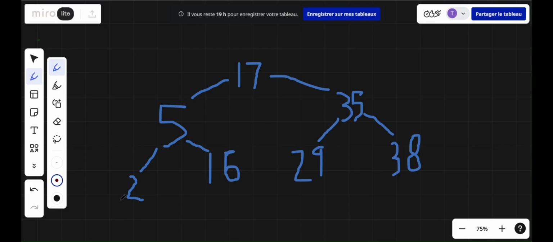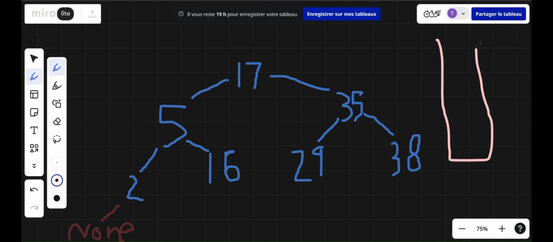Once we are at 2 and we go again to the left, we are basically going to get our none, right? And on the way to this none value, we are going to add every single value we met to the stack. So we are going to create a stack. We're initially going to add a 17 followed by a 5,